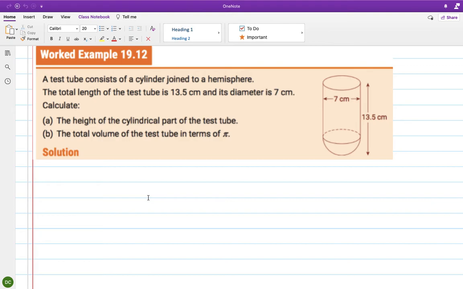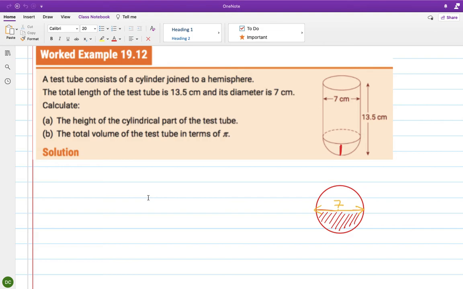So we need to figure out what's the height of the hemisphere, because if we can figure that out, then we can subtract it off the 13.5. So this is a two-dimensional view of our circle. Obviously it's a hemisphere, so we're only dealing with the lower part of it here. We were told in the question, and there's a picture, that the diameter, this one here,